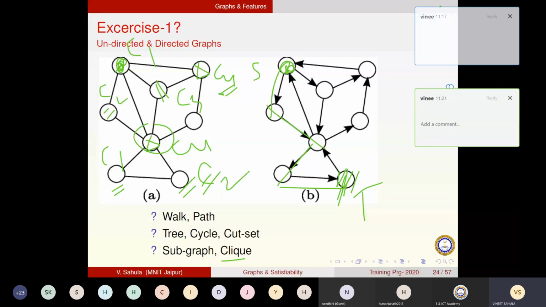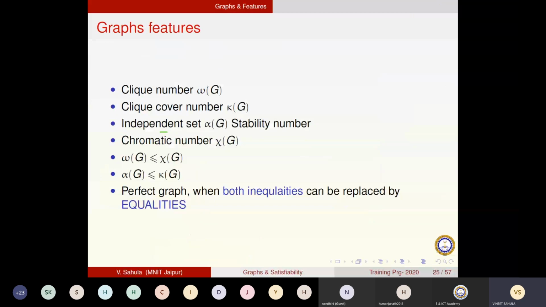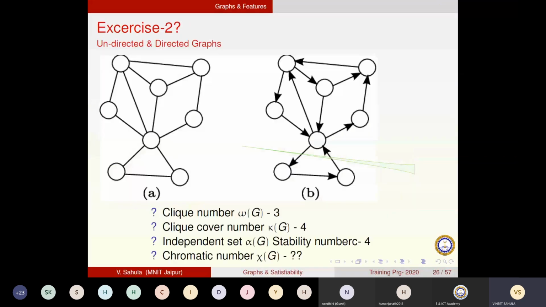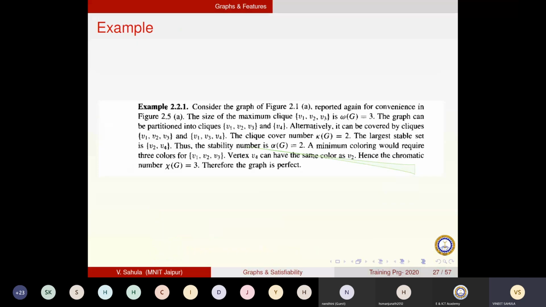So for this whole graph of 8 vertices, I am able to label the vertices by 4 colors only. So its chromatic number is 4. The minimum number of colors required is 4 for this graph. This is called chromatic number. You can do other kinds of things by yourself. So I have done this exercise for you and shown you a few more things.